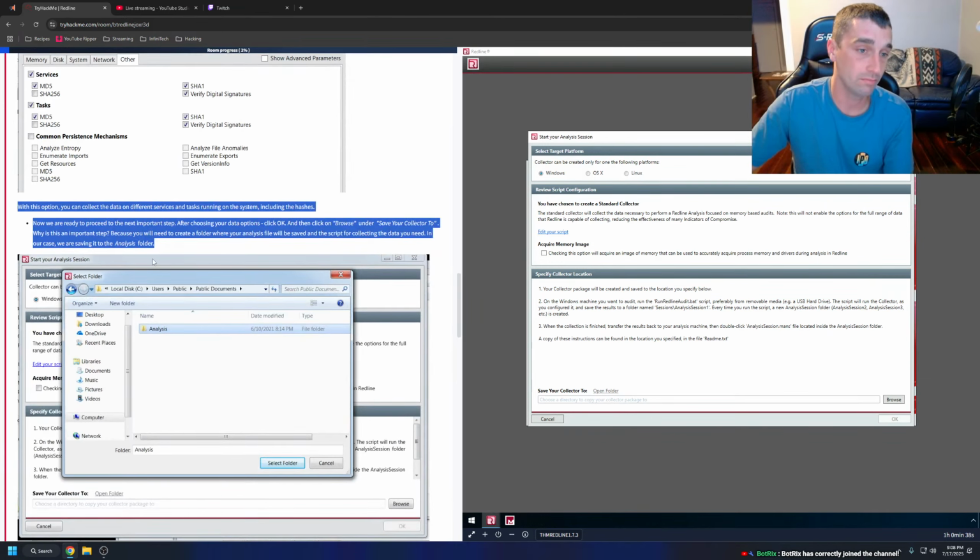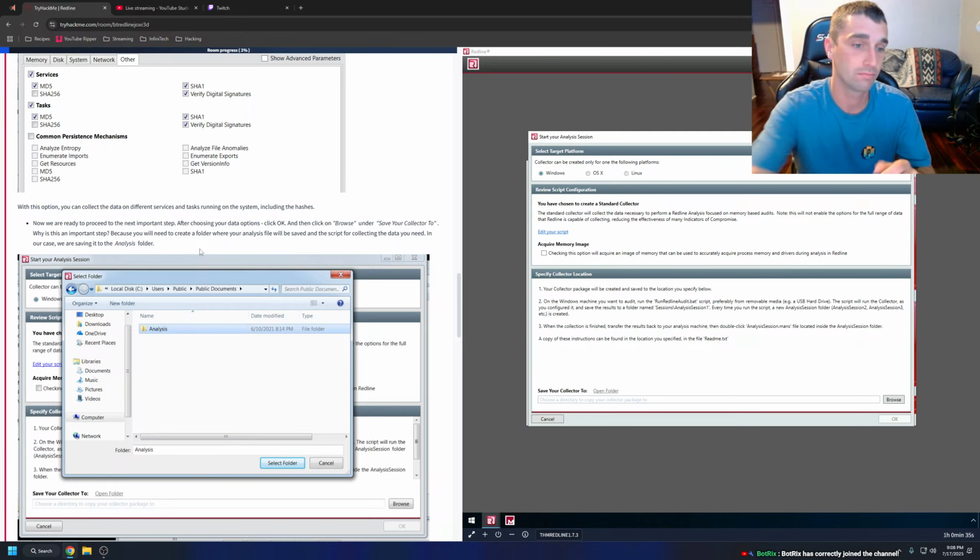With this option, you can collect the data on different services and tasks running on the system, including the hashes. Now we are ready to proceed to